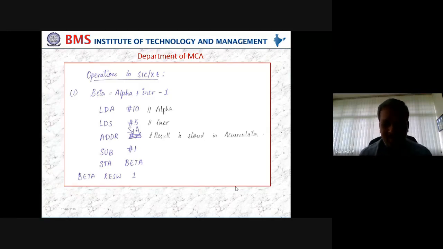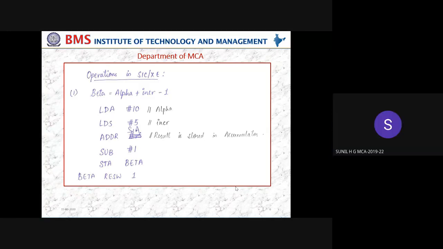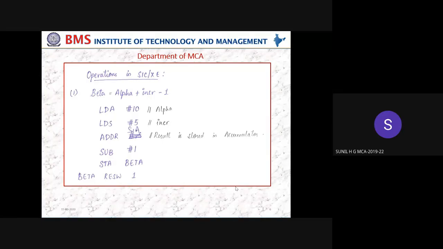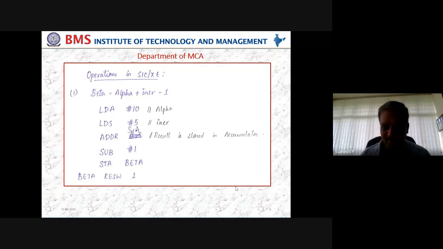My question is, the instruction is adding S with the accumulator, correct. So if I do A comma S, what mistake will happen? Is there a problem? That's what my question is. Instead of adding 10 plus 5, if I add 5 plus 10 or vice versa, is there any issue? In addition, sir, there is no problem. When we go to subtraction, we'll get a problem. Okay, now I am not going to subtraction. I am with that ADDR.